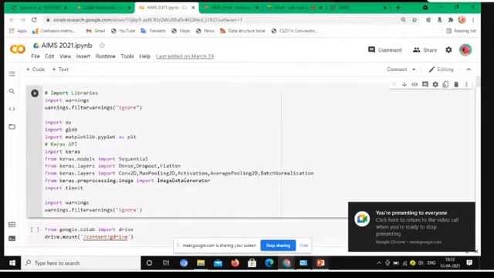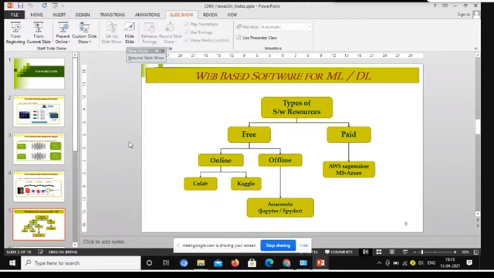Now we have to see how it works in leaf disease detection. Basically, these run based on the Python language, and there are many types of software resources available. For free, we can use online Colab and Kaggle, and offline we use Anaconda.